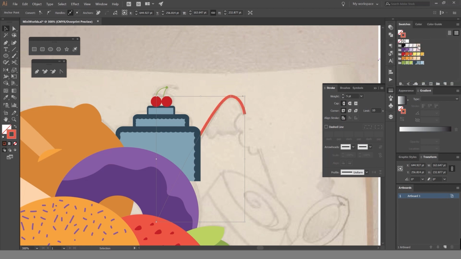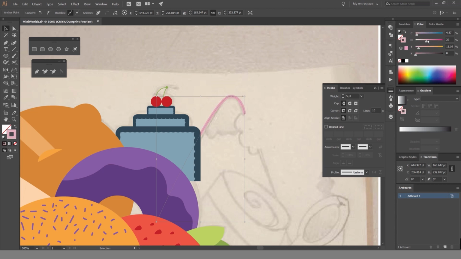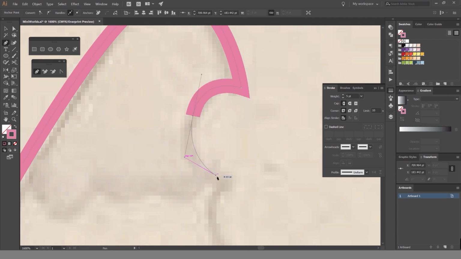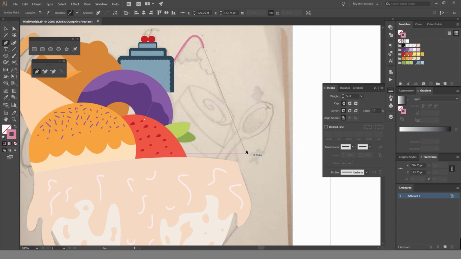Cool thing about this is, because we've got a lot of colors, we can actually go to Color Guide as well. And if you go to Color as well, you can click on the drop down menu and go to CMYK, and you can play around with these sliders and edit it really easily, just like that. So we can get all these new colors. Actually, I'm not going to do it like that. What I'm going to do is just make it